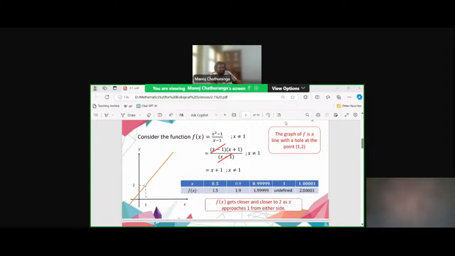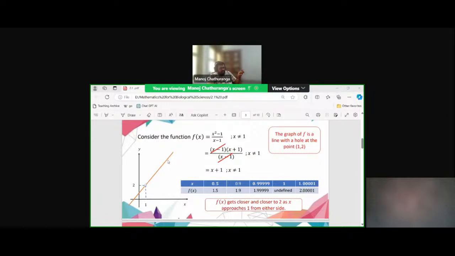We cannot set x equal 1. It is not allowed. Now, what we can do is, we cannot set x equal 1, but you can get closer and closer to 1 and observe what happens to the y values. When you pick some value bigger than 1 and get closer and closer to 1, for that x value, you have a corresponding value on the line,